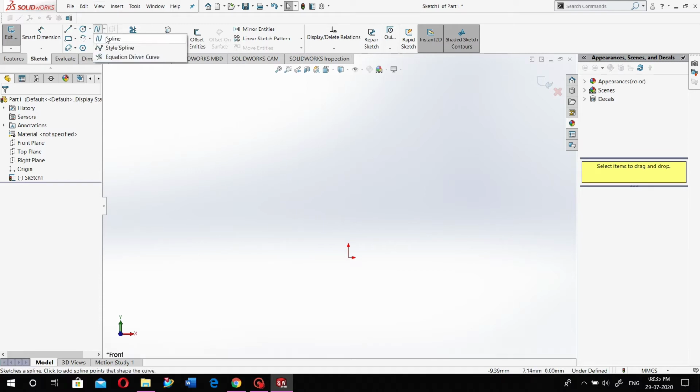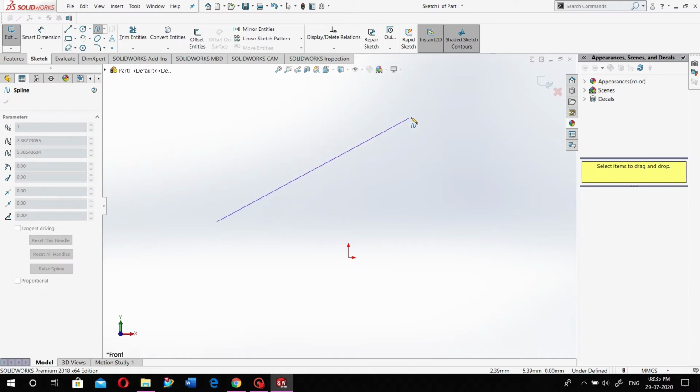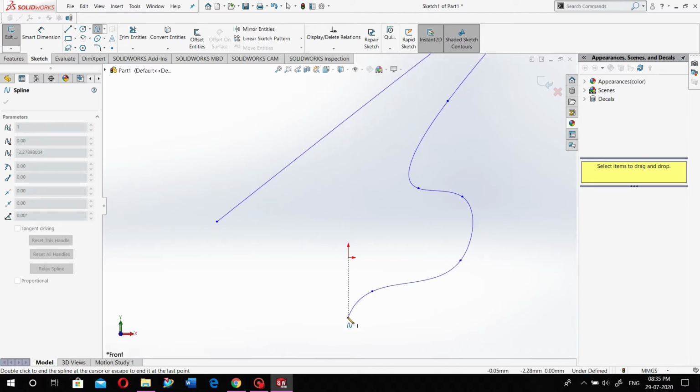With circles and arcs, we sketch or draw a very sharp half circle, a sharp arc. But if there are points where you have to create different arc sections or a different kind of curve, in this kind of situation you have to use these splines accordingly. Just select the first point, second point, third point, fourth point, fifth point, sixth point, and it will be created accordingly.